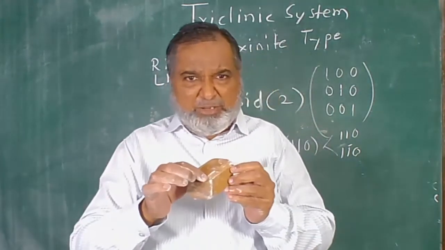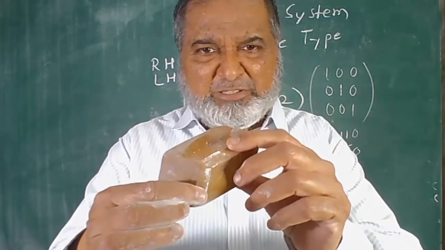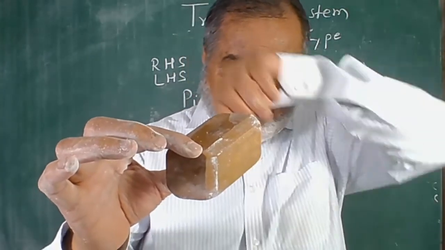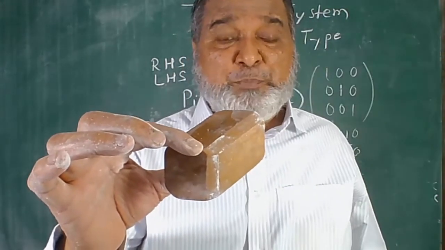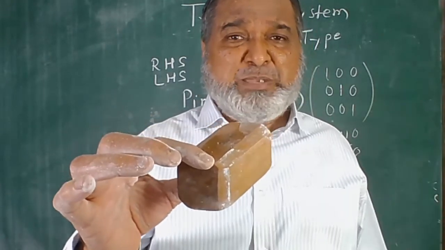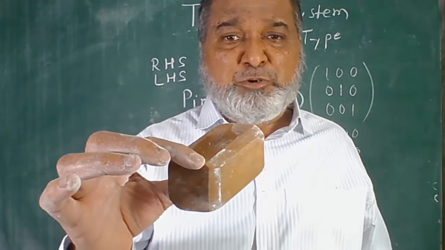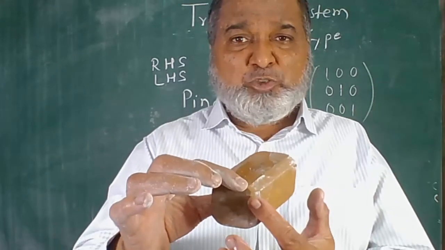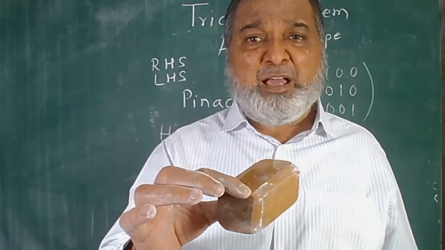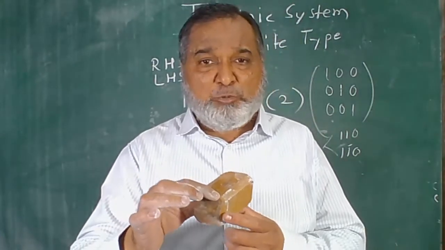I'm going to bring it close and hold it properly. So this face, what we are going to make out, is the micropinacoid. What is a micropinacoid? It means the B axis. Micro means B remains parallel. So A is going to cut 1, 0, 0. It is coming on the front side. So it is a front pinacoid, an A pinacoid, and since the B axis, that is the micro, remains parallel, it is called the micropinacoid.